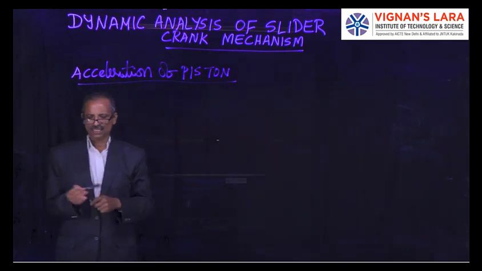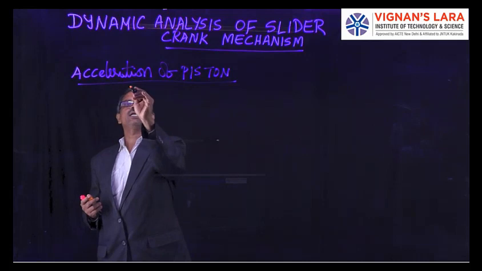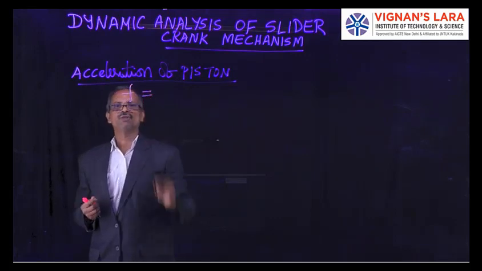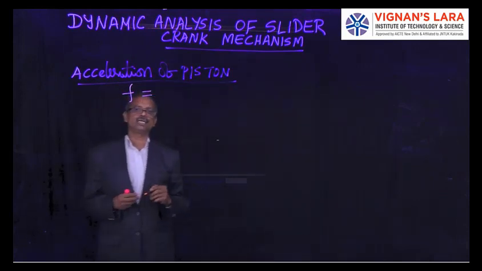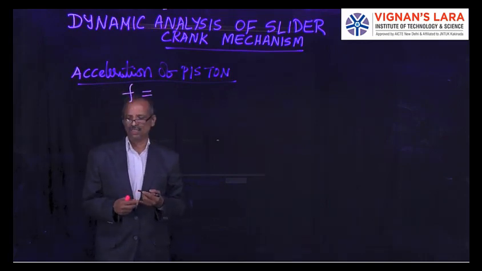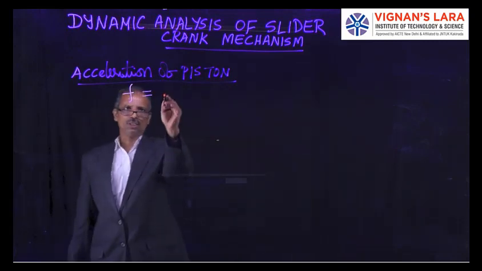Now we will see the acceleration of the piston. It is a customary practice in kinematics and dynamics to write acceleration as F. Usually you might have written it earlier as A, but here in kinematics and dynamics it is customary to write acceleration as F. So what is acceleration? Rate of change of velocity is the acceleration,